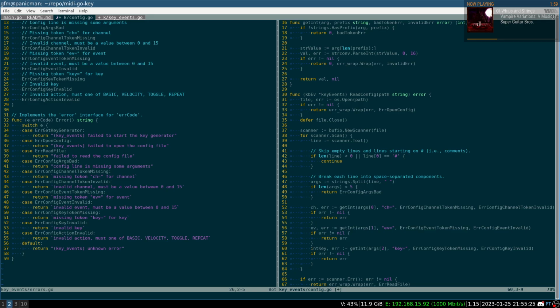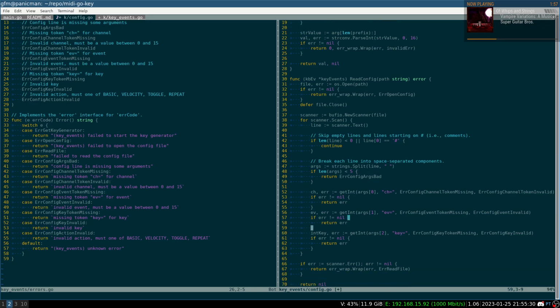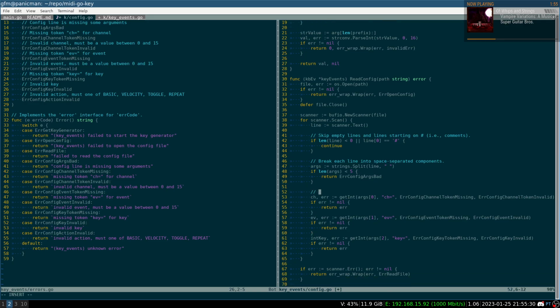We'll do that soonish. Okay. Parse the arguments. Action is args3. And if not valid actions action,